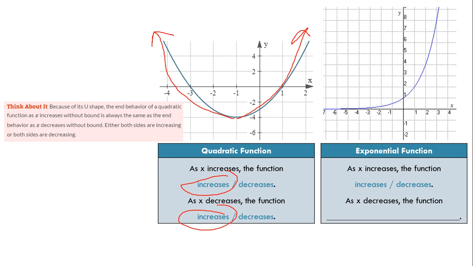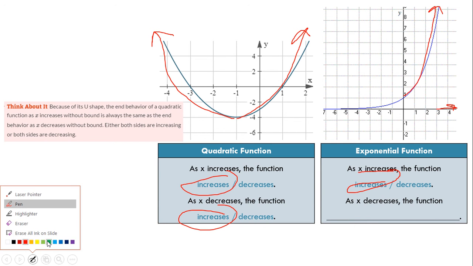Now my exponential function, if I look as x increases, okay, so as my x's are getting bigger, what's happening to my y values? Well, they just continue to skyrocket. They continue to go up and up and up. So the function continues to increase as well. As opposed to when x is decreasing in this case,